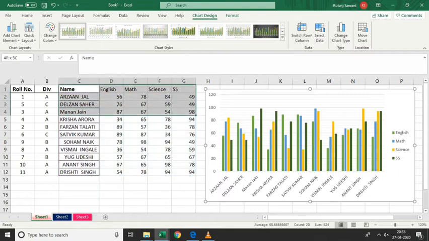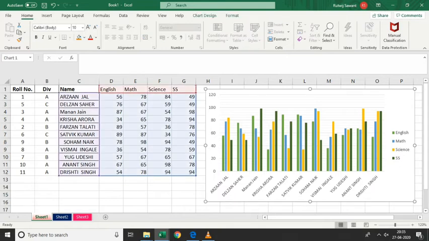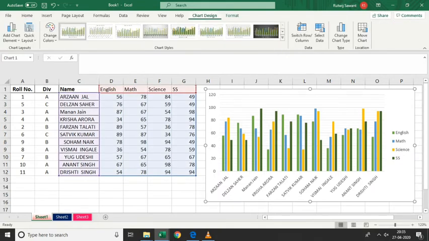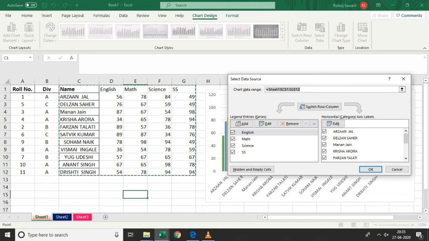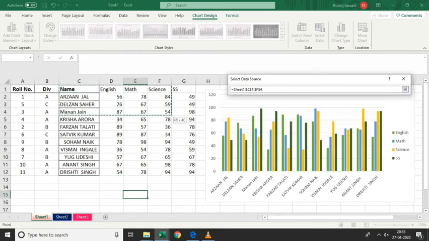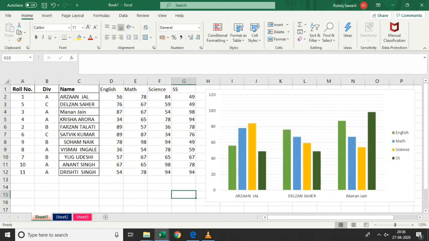As you click on select data, this small window will appear. I'll move this somewhere else, click over here and drag the data, since I just want the 3 names of the children. So I'll select only that and click OK. You can see when I click on that, it shows me only that particular data.